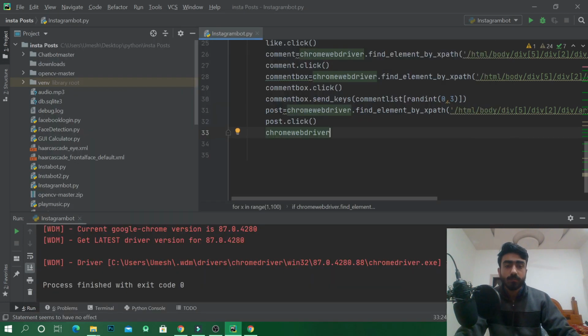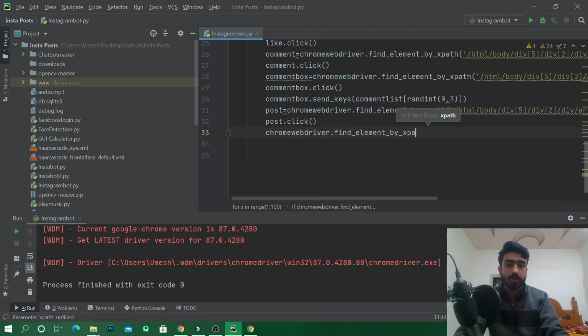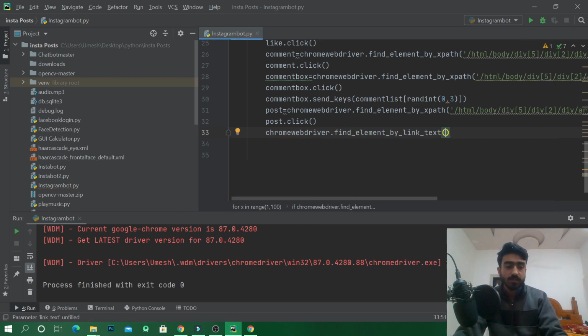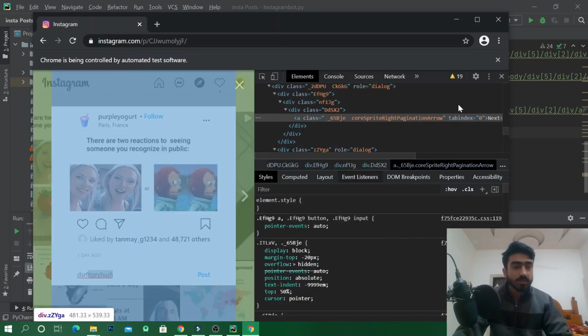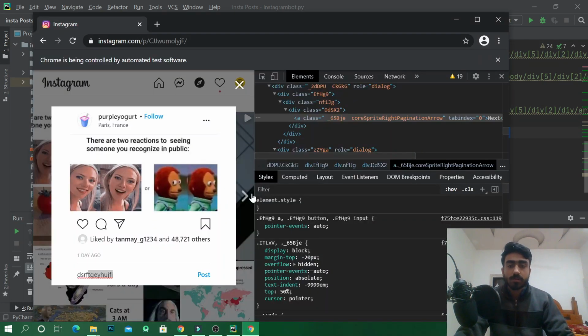So we'll write Chrome WebDriver dot find element by link text, and the link text is next. Let's confirm it. Yes, it's next. So this line will dot click on this button.